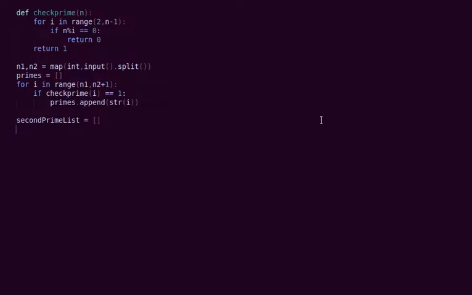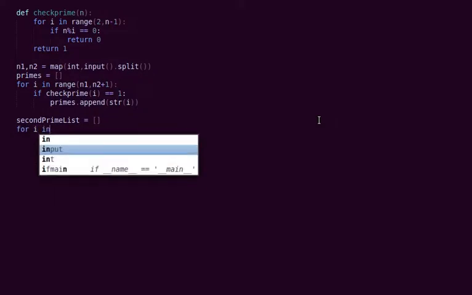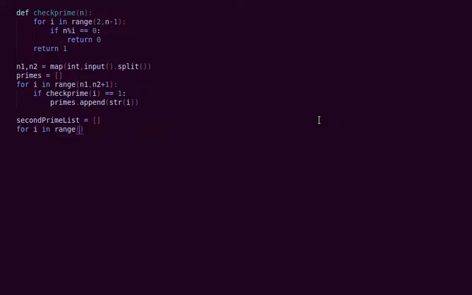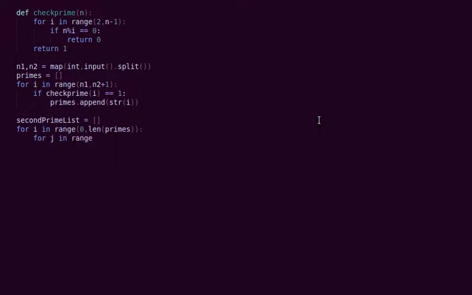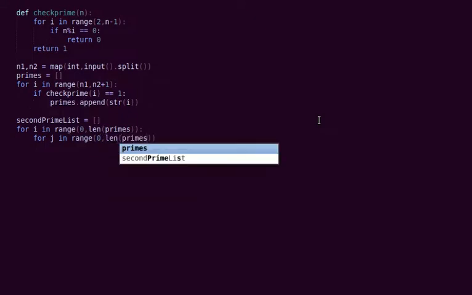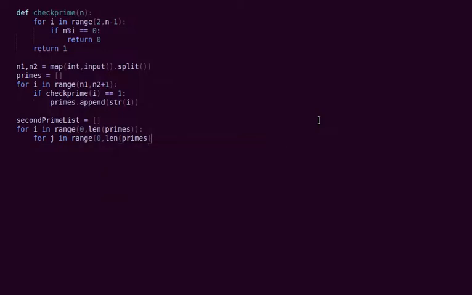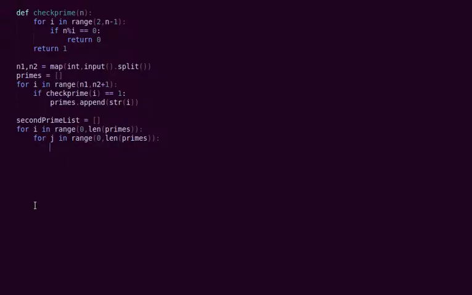In that way we are using the string format. The primes list contains strings, right?